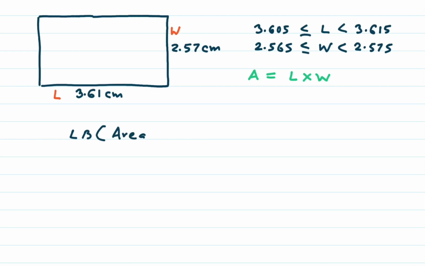Lower bound of the area is equal to lower bound of the length, which is 3.605, times the lower bound of the width, which is 2.565, that is equal to